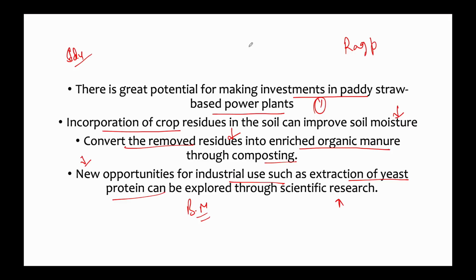And of course, instead of stubble burning, where you are just burning the rice straw, you can use this organic material for the biomethanation process, because the methane-rich biogas generated during organic decomposition is a source of renewable energy for electricity generation, and the solid residue obtained can be utilized as manure for soil replenishment. So it reduces your land requirements for dumping of waste and burning, which is creating pollution, and it is also helping to address the problem of environmental pollution and global warming through very low greenhouse gas emissions. This is known as clean technology.